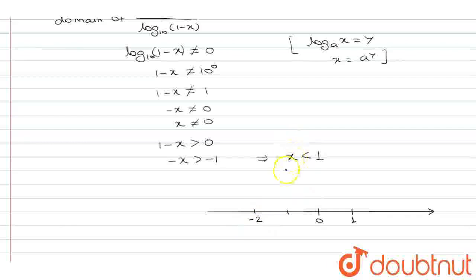For the first function, we have seen that the value of x should be greater than or equal to -2. And for the logarithmic function, we have seen that the value of x should be less than 1. When we find the intersection, we can see that it is between -2 and 1 except 0. We cannot take 0. So the domain of the function will be